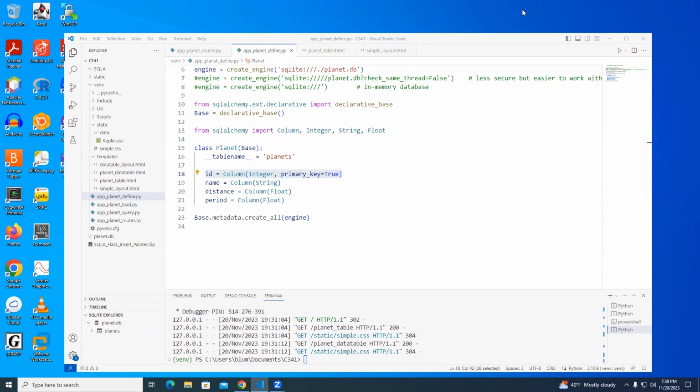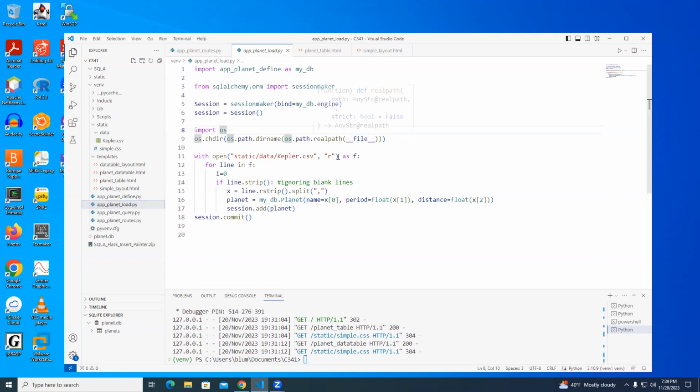And here we're going to do a small but fun extension, and we're going to add what I'm going to call a data table functionality. So I'm going to use a data table library that works with jQuery, and create that same table, but with a few extra lines, give it a lot more functionality where it is sortable and searchable. Okay, so the same starting point, the definition of our little planet database: ID, primary key, name, distance, period,